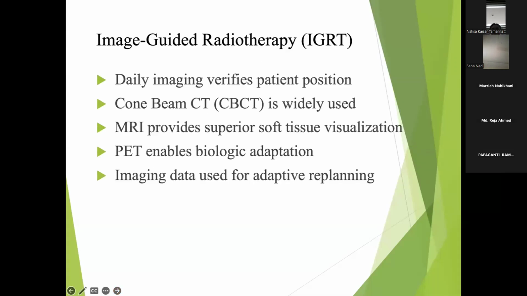If you talk about the IGRT procedures, daily imaging verifies the patient position. Cone beam CT is widely used for this purpose. MRI provides superior soft tissue visualization. PET enables biological adaptation,